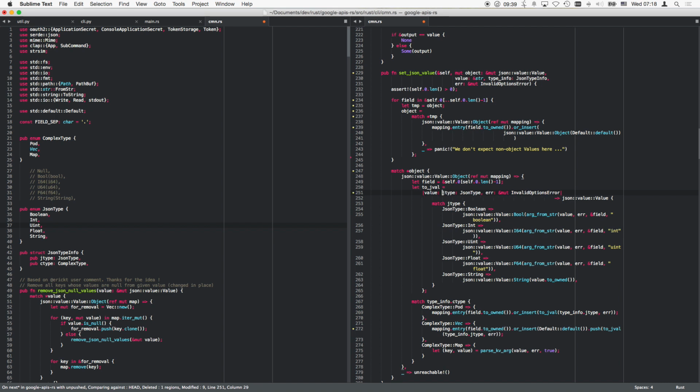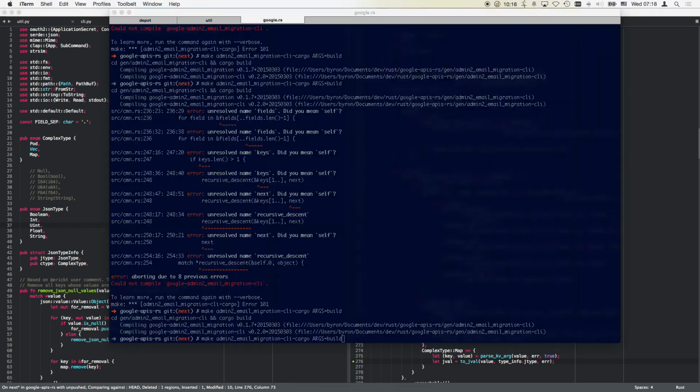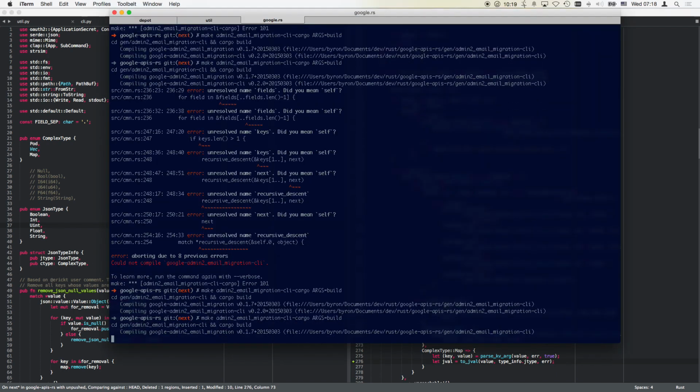So anyway, now we pass along the value as well, and have to adjust our call here, because here it's value. And here it's value. And here it will be value again. Let jval be to jval value type info jtype and the There we go. So that should compile. And then we basically have 2 of the 3 cases covered and just need the last one, which sets a